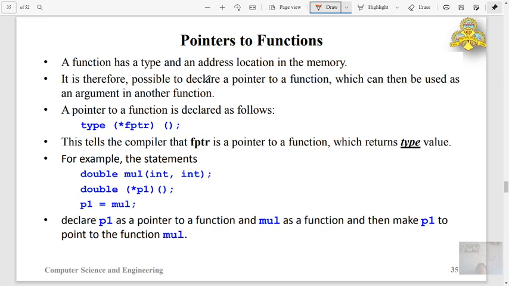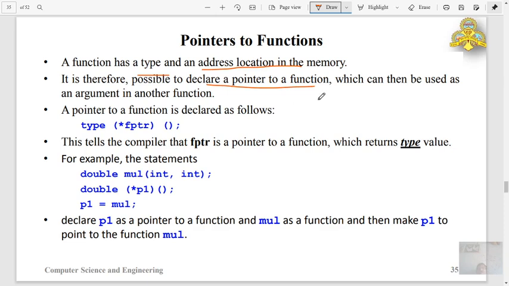Here a function has a type and an address. Just like memory variables, functions are also stored in memory during execution. Therefore, we can declare a pointer to a function similar to other variables, and declaring the pointer is very tricky.